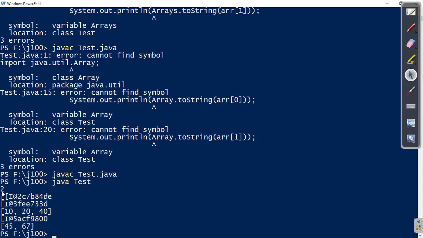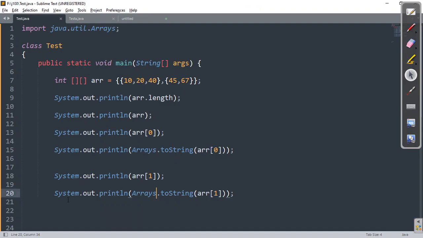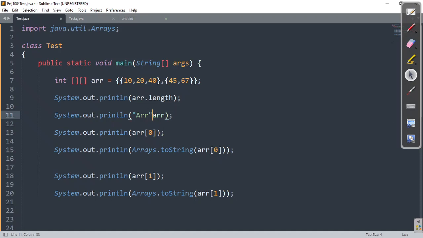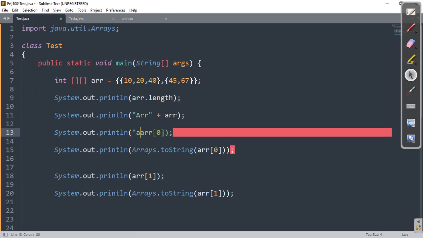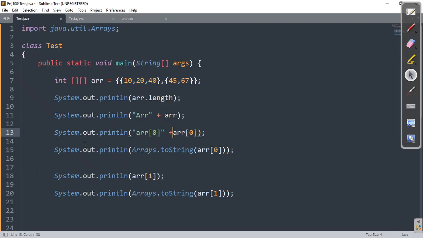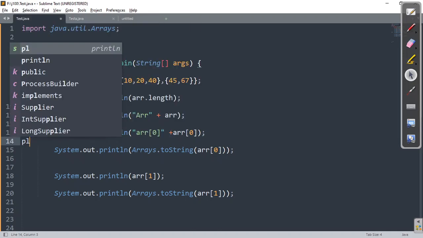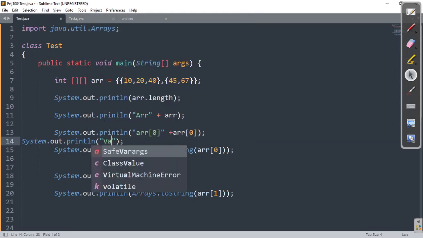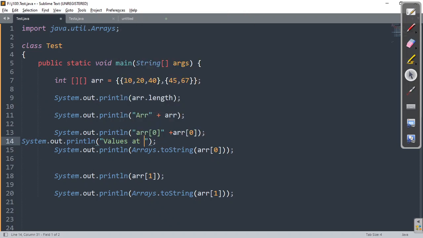See, let us write that one so that we can understand what exactly is printing. So here I'll write ARR of 0, then it is plus. Here I can write values at ARR 0.